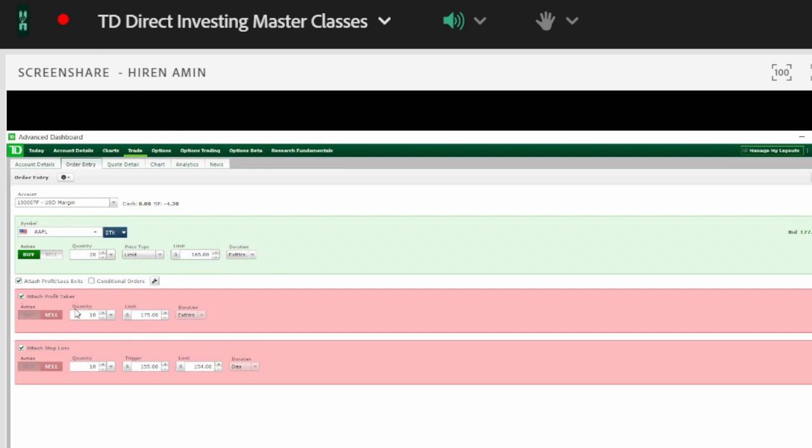You can also just turn off this one and just do the bottom order, just the stop. Let's say I want to put in the primary order and just protect myself on the downside. I don't want